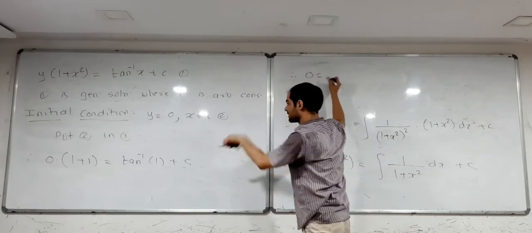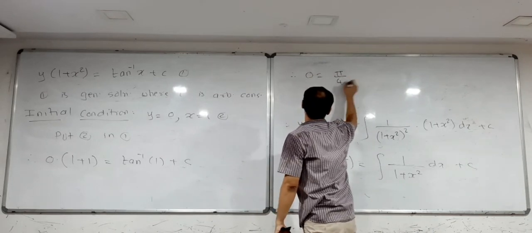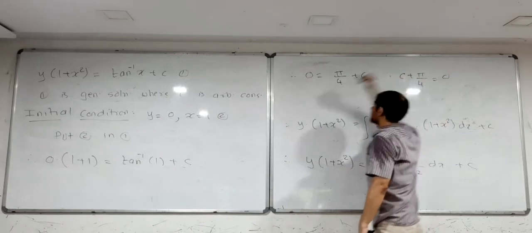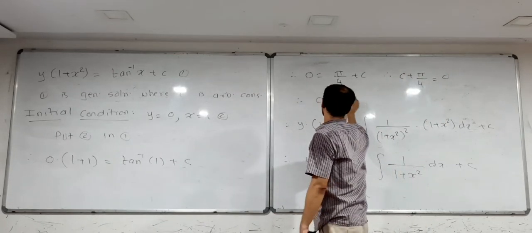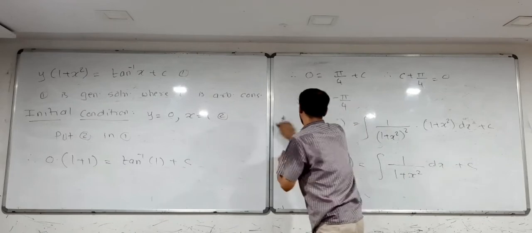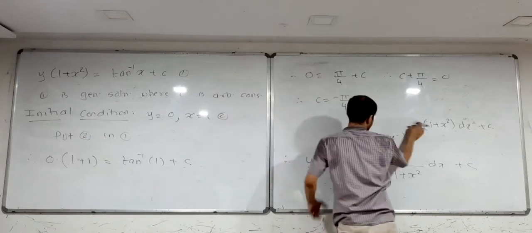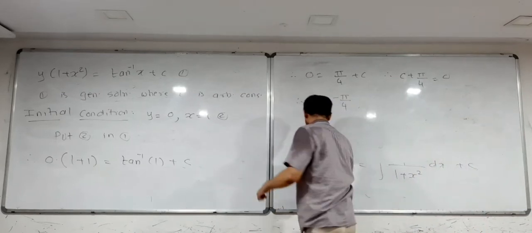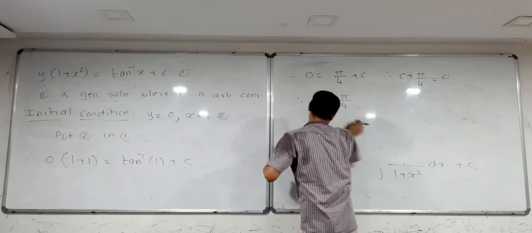So 0 is equal to tan inverse 1, which is pi by 4, plus c. So c plus pi by 4 is 0. Therefore c is minus pi by 4. And second point